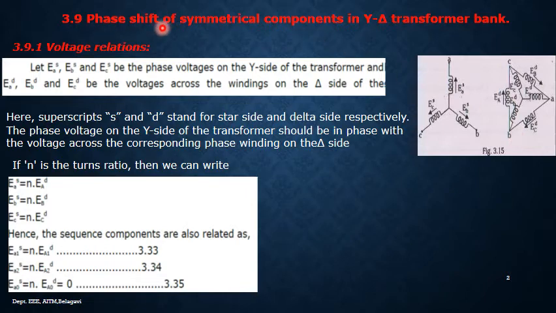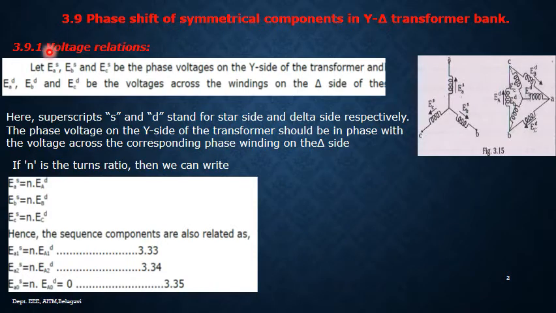Phase shift is nothing but the conversion of star connected winding voltages to the delta connected windings of the transformer. Due to this conversion from star to delta, as we know, there will be a voltage change in the system; for the star it will be different, for the delta it will be different. So both voltages and currents are different in both the cases. One by one, we are going to discuss both current and voltages.